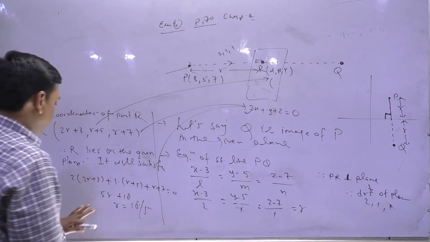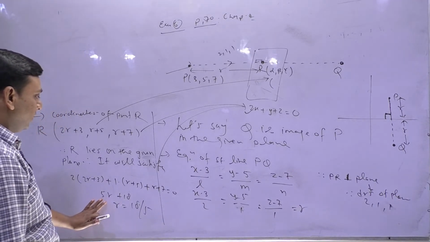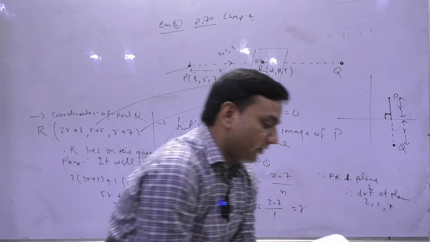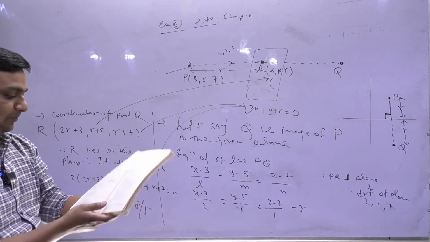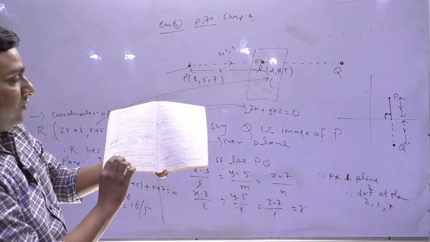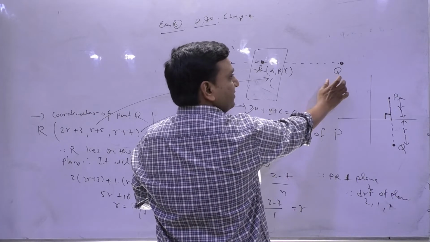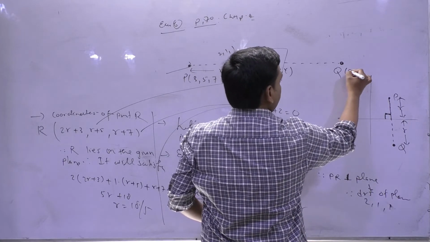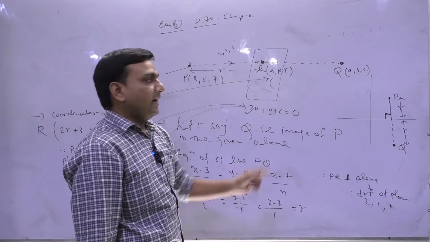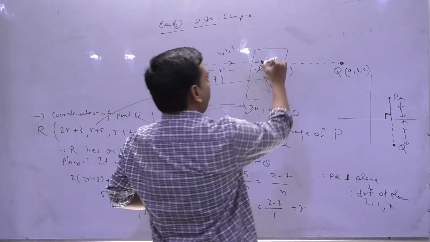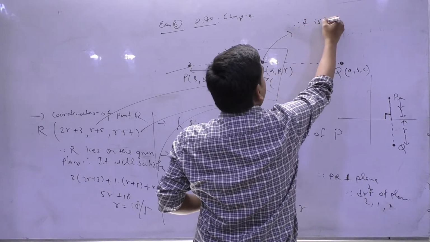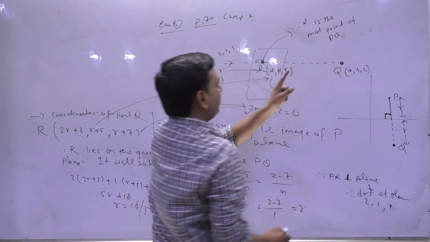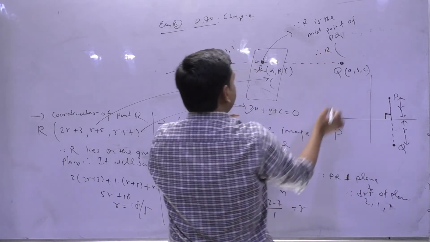R के coordinates या तो आप यहाँ से लिख सकते हैं, not an issue. In the book, actually you will see in the PDF what they have used. Fine, the issue is not there. Either you go like this or that type. What they did is they just took the coordinates of Q as, समझना बात को, suppose that they have taken some A, B, C, and they wrote the coordinates of R because R is the midpoint of PQ.